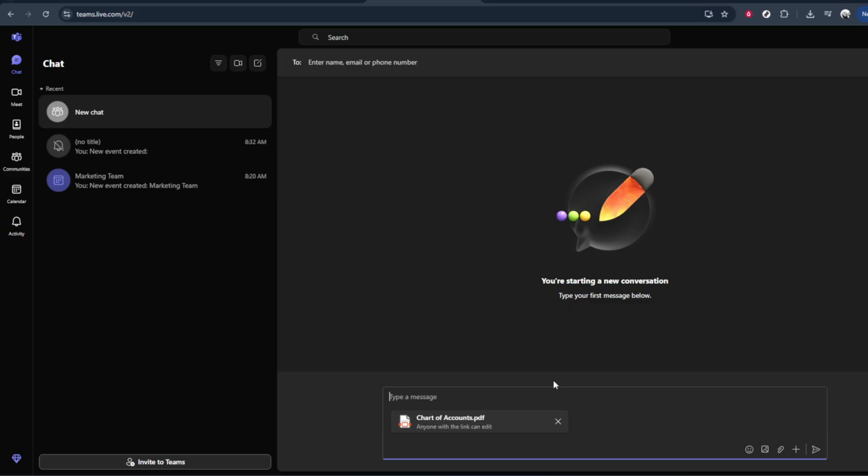You'll now see the file appear in the chat message box ready to send. If you want, you can add a short message to give context, like why you're sharing it or what you want others to review. When everything looks good, click Send. Teams will upload the file